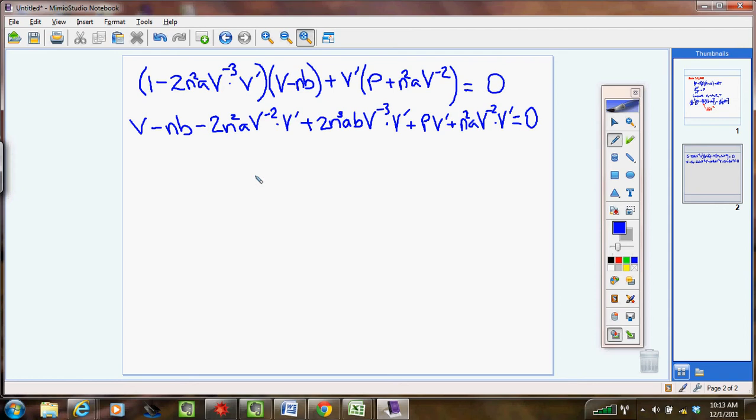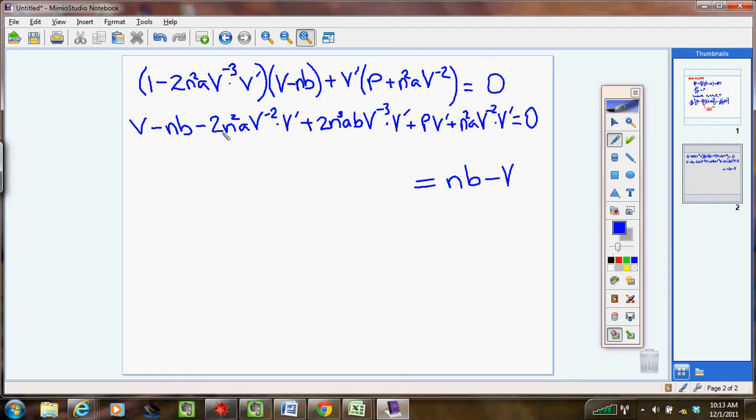Okay, so I have a bunch of terms with v prime. I have 2 terms without. So I'm actually just going to move those over there right now. Those terms without v prime go to the other side. They become opposites, so I can just reverse the order of the subtraction, get the opposite. That's on the other side. Now for what's left on this side,